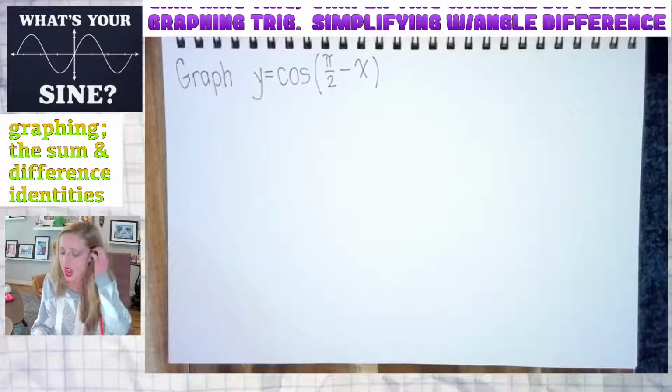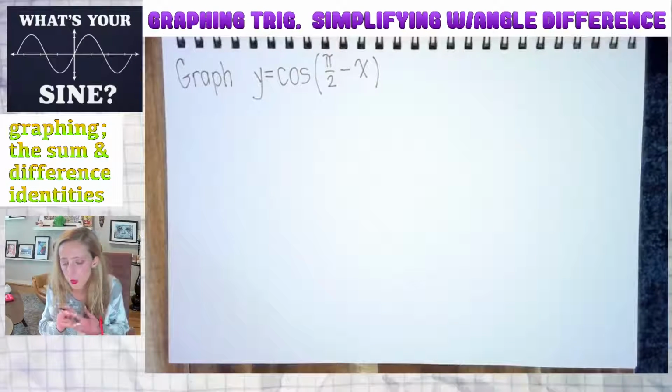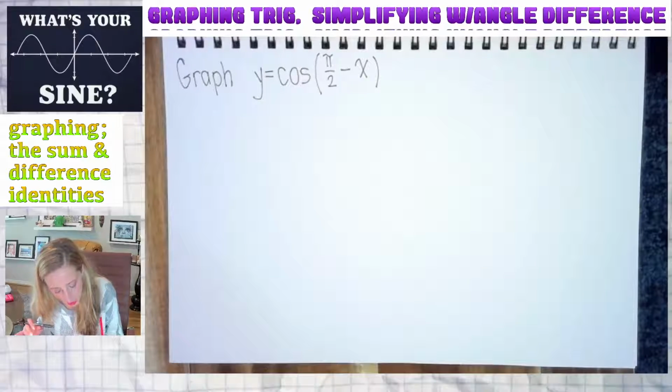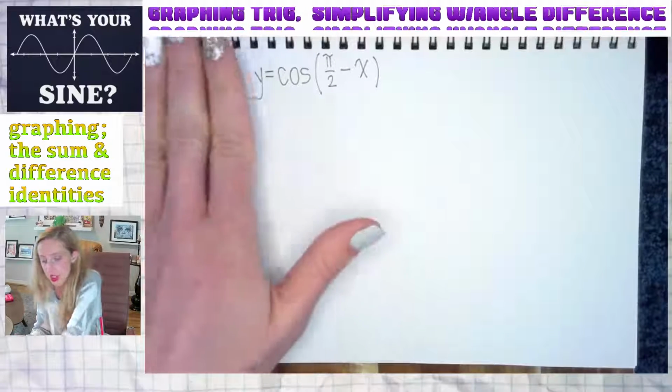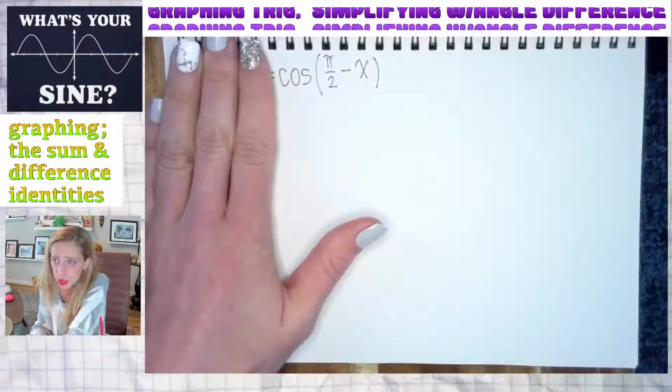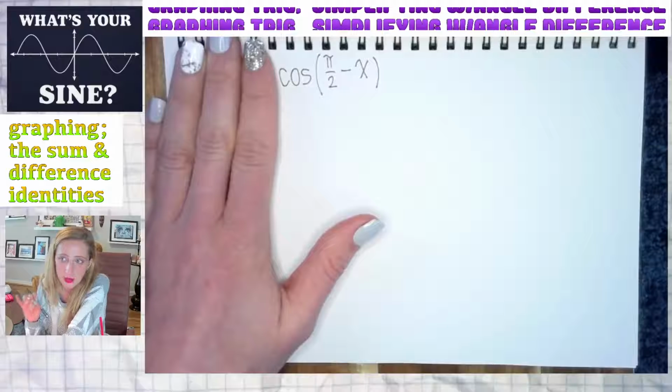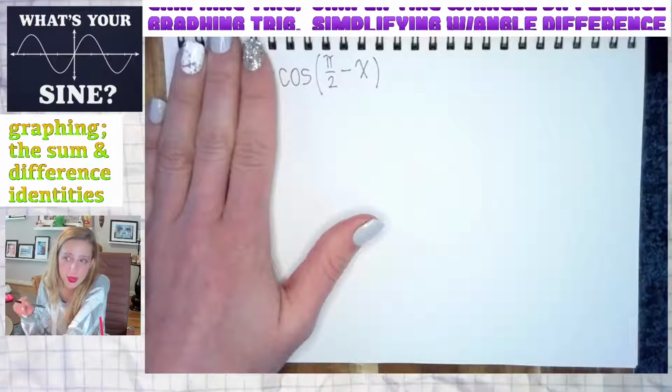All right, everyone. Here in this video, we have a two-part question. Now, the real question is we want to simplify the expression cosine of pi over 2 minus x. And we're going to simplify that using the angle difference identity, and that will be in the next video that